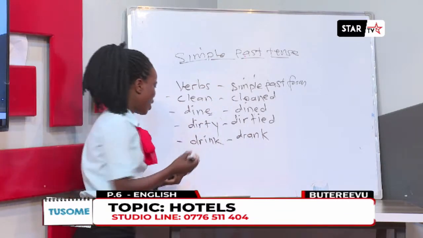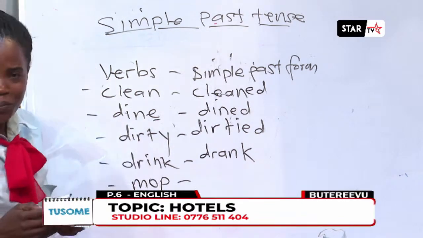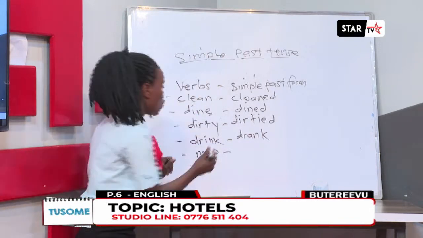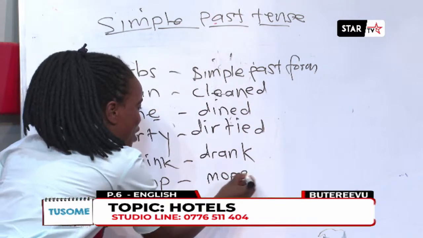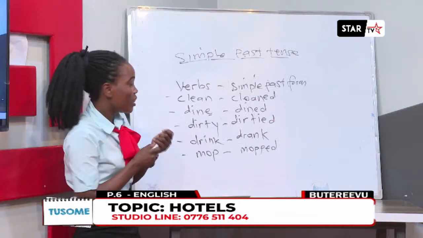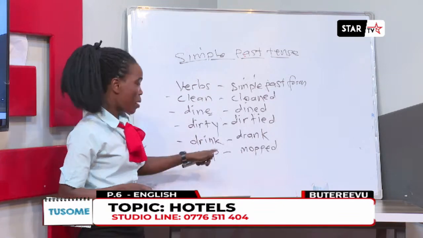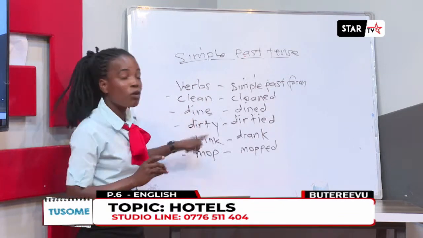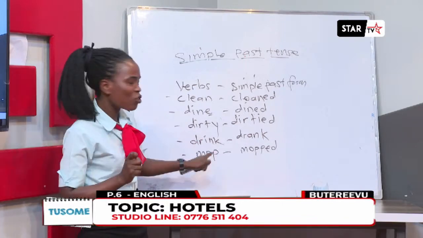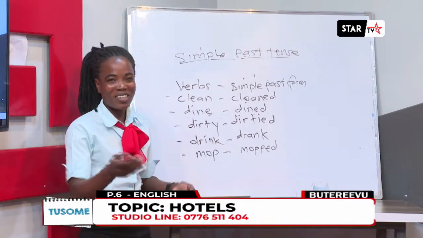My precious viewer, let me end with one more example, and that is the verb mop. If at all you want to use this verb mop in this tense, it will change to mopped. However, take a note of the spelling, my precious viewer. This verb, before adding letters ed, I have to double the last consonant. Remember, this verb is in the group where verbs double their last consonant before adding ed. There are also other verbs that behave like this one, like clap, slap, to mention but a few.